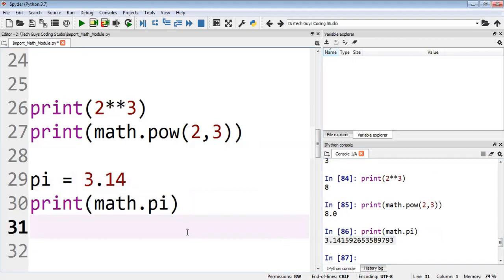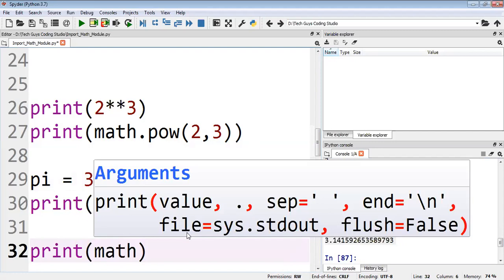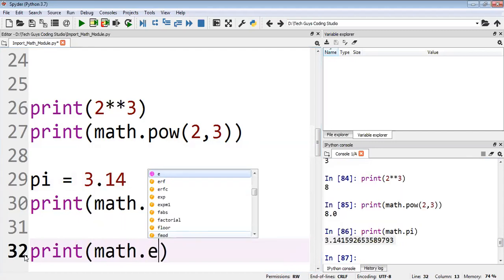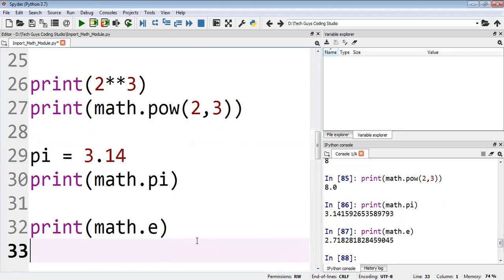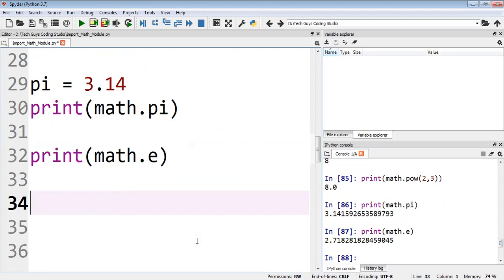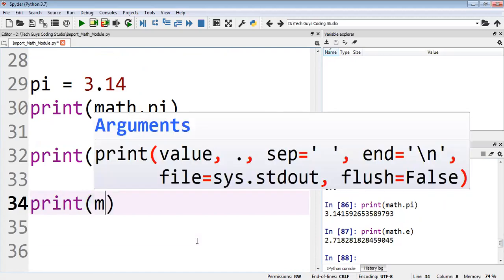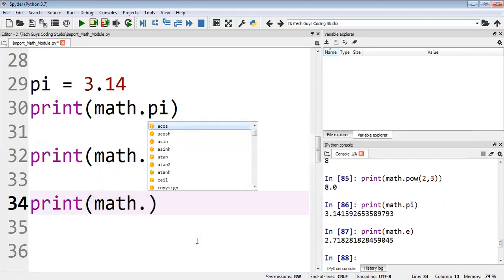One more thing, if I want the value of epsilon, I write math dot e, and here we'll get the epsilon value. One more thing I would like to say: if I want to get the value of sine, cos and so on, math dot sin, sine of 90.